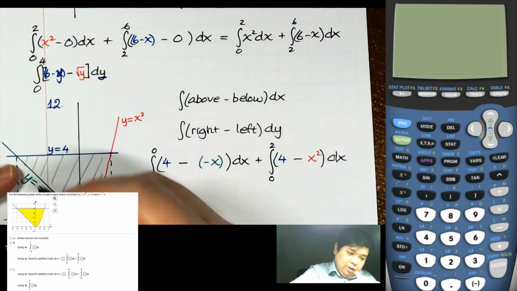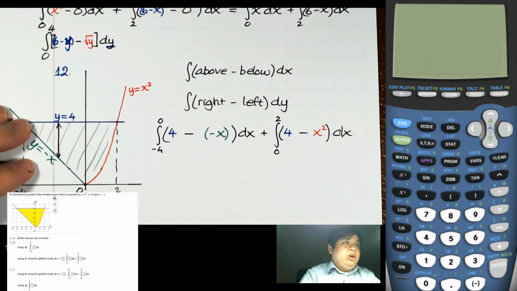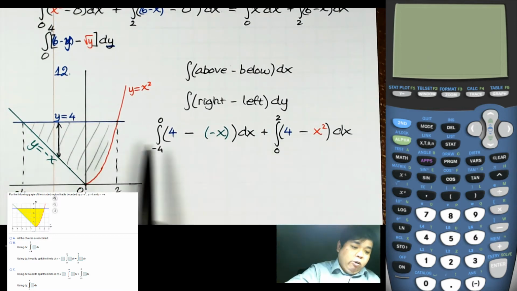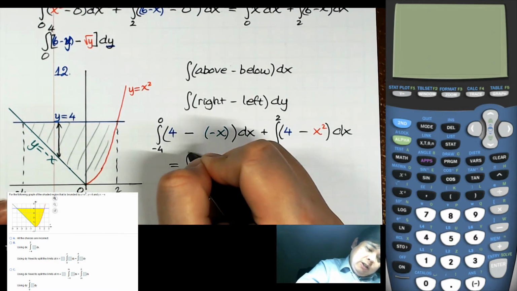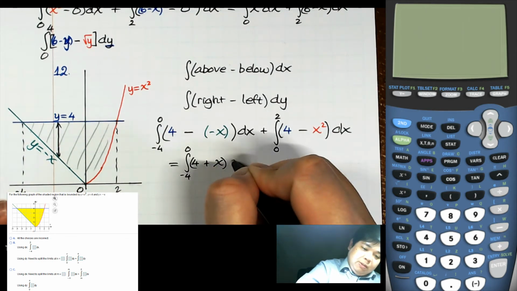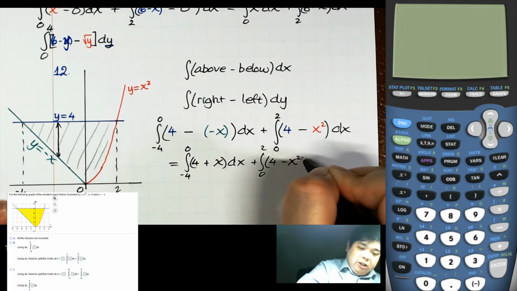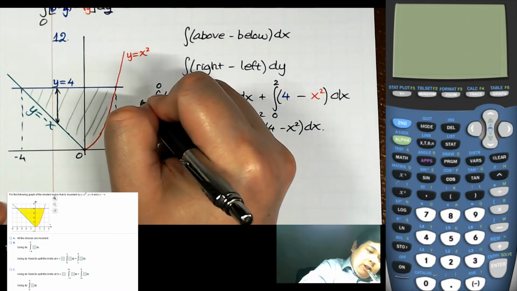Yeah, above is y equal to 4 minus negative x, and over here 4 on the top, x squared at the bottom. So simplify: 4 plus x dx, and 0 to 2, 4 minus x squared dx. So if we use dx, now if we use dy,